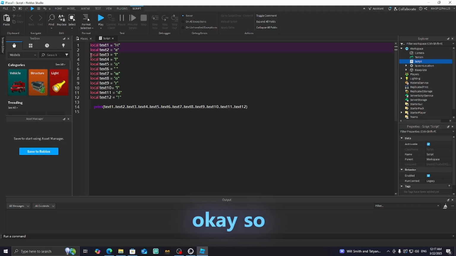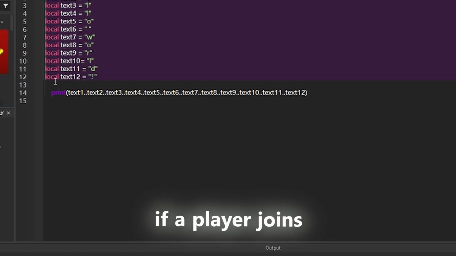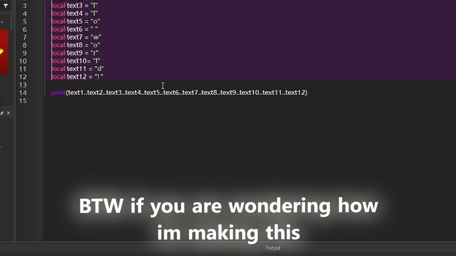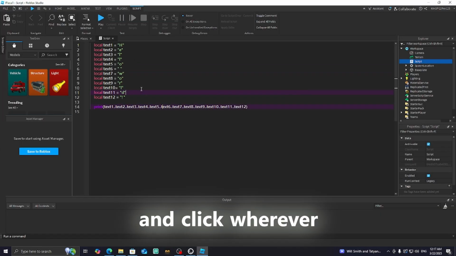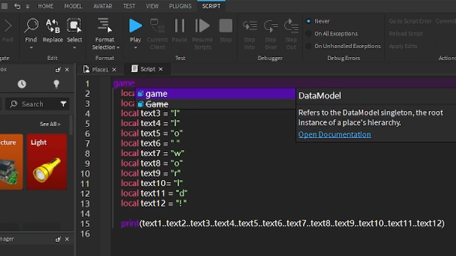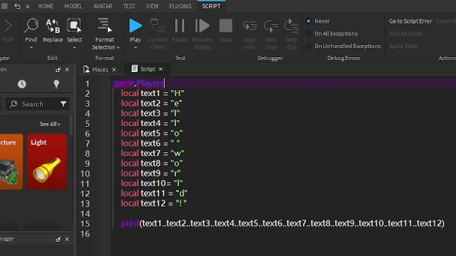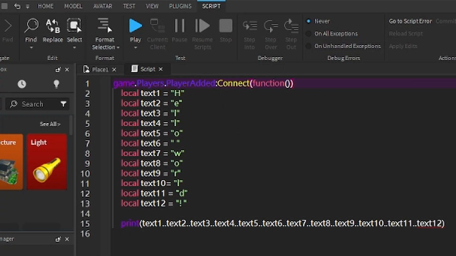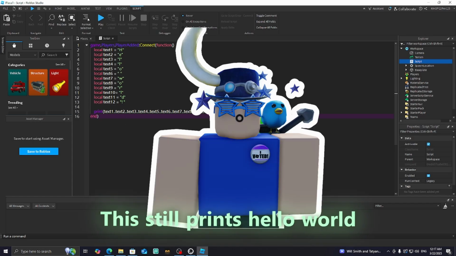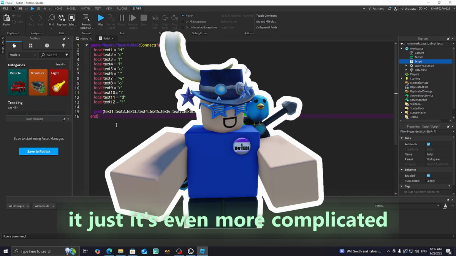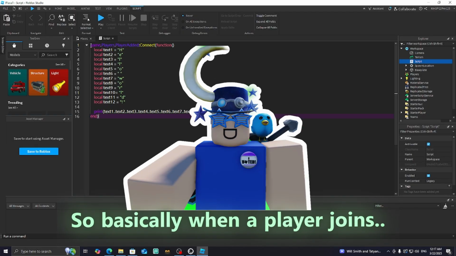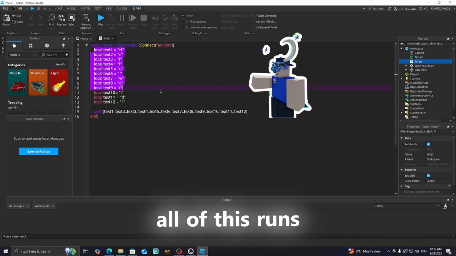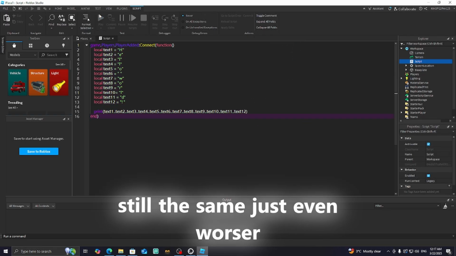Let's make it so all of this loads when a player joins. But if you're wondering how I'm making this with multiple cursors, just hold Alt and click wherever. Make game.Players.PlayerAdded, connect function, and this still prints hello world. It's even more complicated. So basically whenever a player joins, it creates a function, all of this runs, and yeah, still the same,